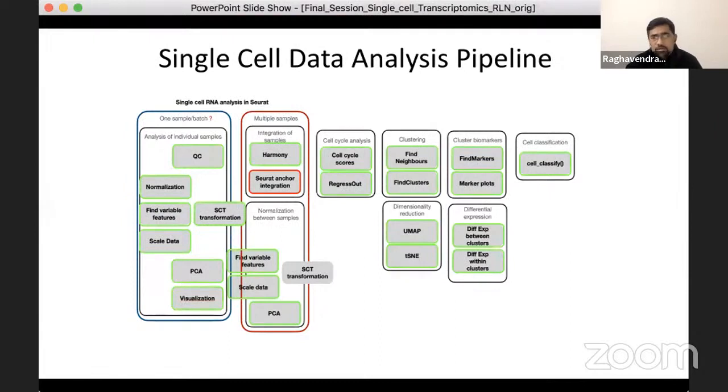One such package is SCRNA, and the Professor also talked about it. So I will tell you how the different components of this pipeline come together in the single cell data analysis that can be employed in the Bioinfo platform. So the first few steps are